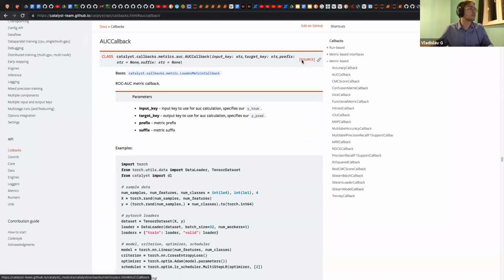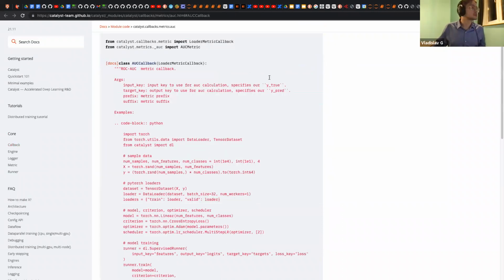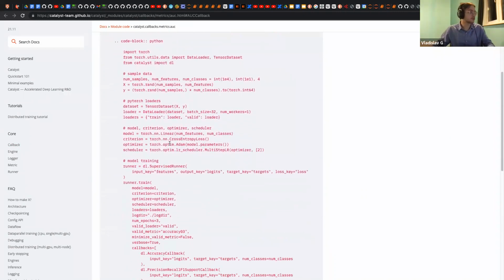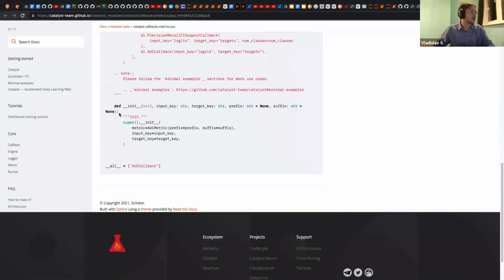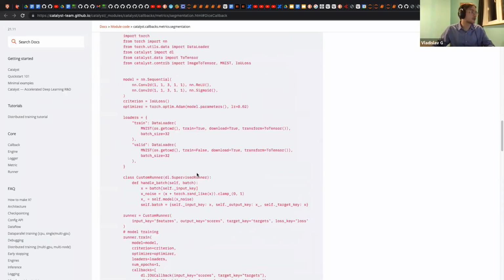For example, let's look at something kind of easy. Dice loss is okay. Here we have the base class of the logarithmic callback, with different methods implemented. Here are examples, and in this case we just call our base class with the AUC metric.